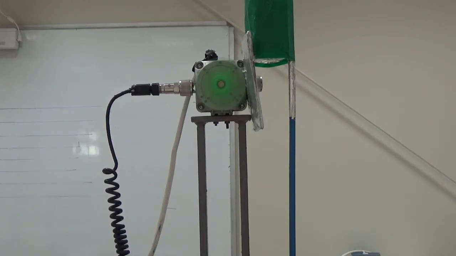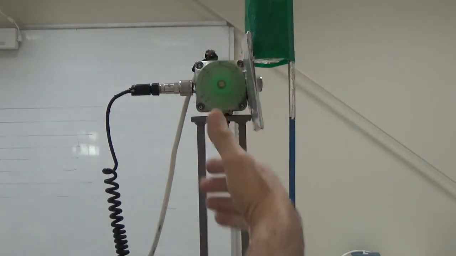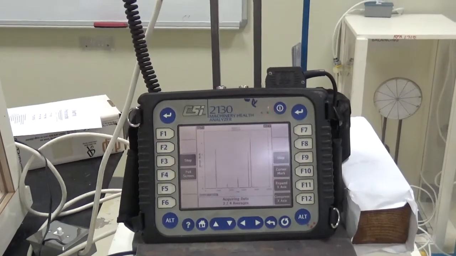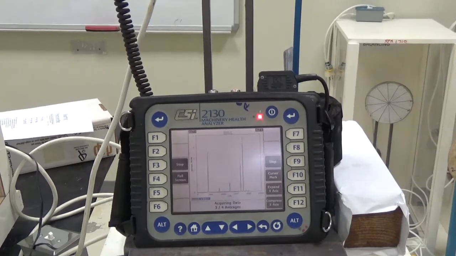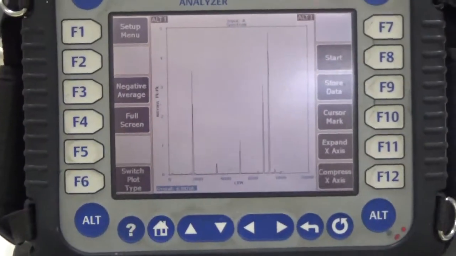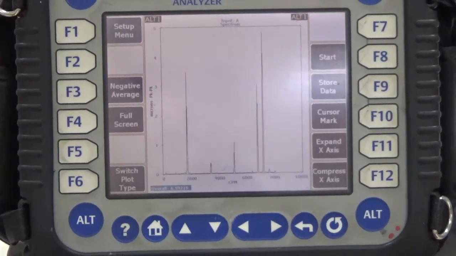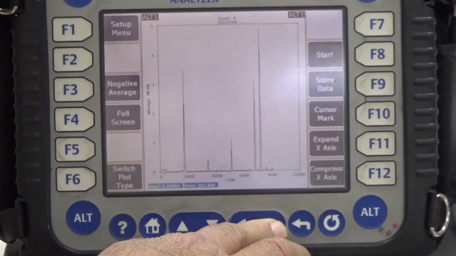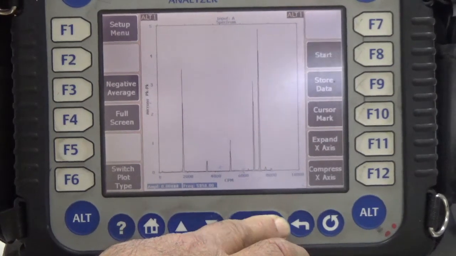Now I have pushed the cover plate more. I have pushed this cover plate more. So now it is touching the blades with more pressure. So let us see what is the amplitude now. Okay, I will take the reading again at the frequency which is